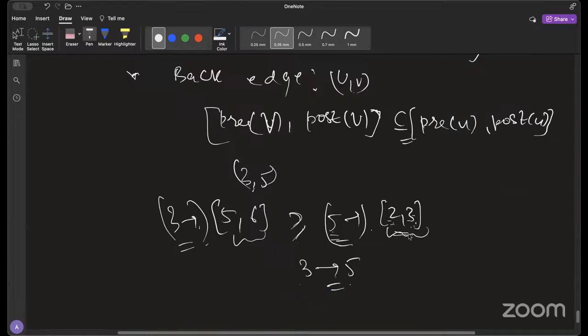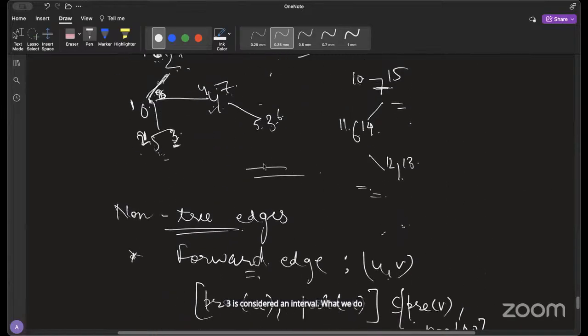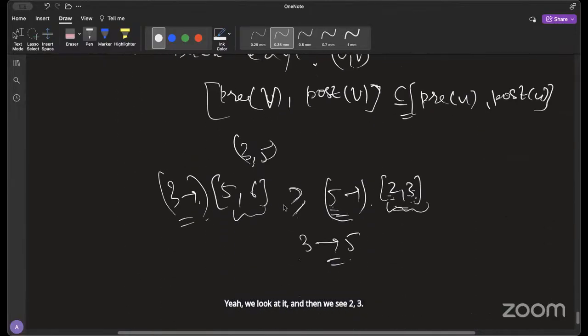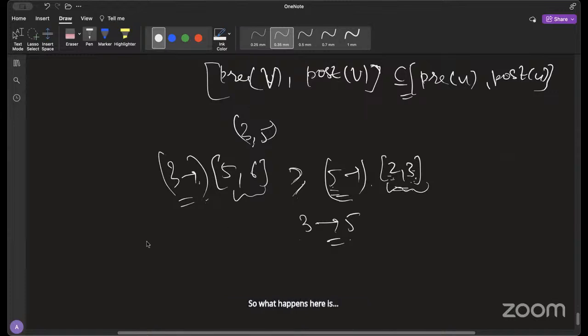Each is considered an interval here. What we do here is we look at it and see 2, 3. So what happens here is, you have 2, 3 for 5, and you have 5, 6 for 3. So what does this actually mean? If we look at the tree, this means that you visited this 5 first, then you moved along, and then you visited 3, right? Yes. And then you got done with,